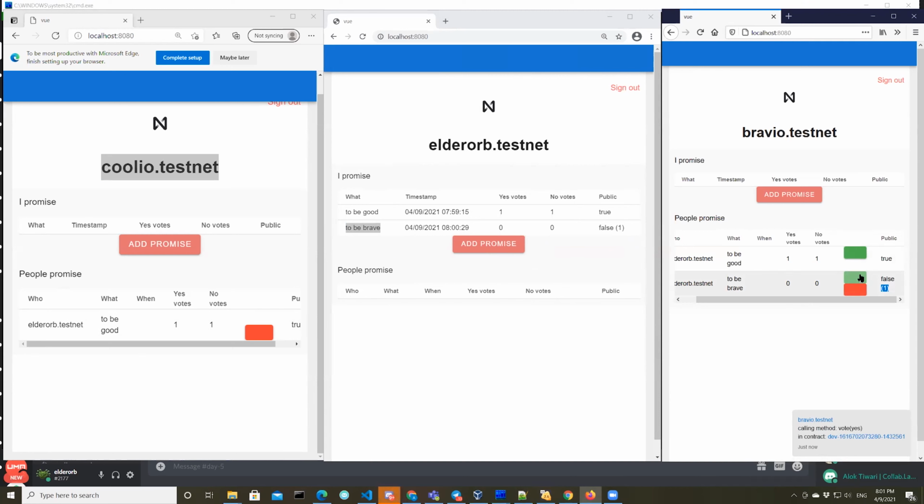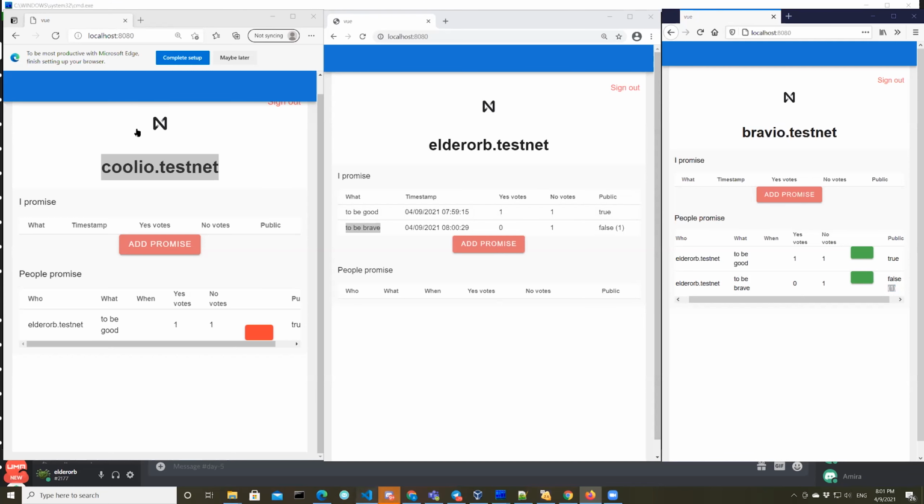Again, it's possible to vote, and the system is built in such a way that only the last vote is taken into account. So you can vote as many times as you like. I mean, I can press yes, yes, yes, yes, yes, but the vote count will still be 1 yes. But it also allows changing the vote, because one of the use cases I kept in mind is tracking promises made by politicians. So let's say during election times they promised this, but after a year, who knows how it will go. That is why the system allows revoting. So that's it from the UI perspective.